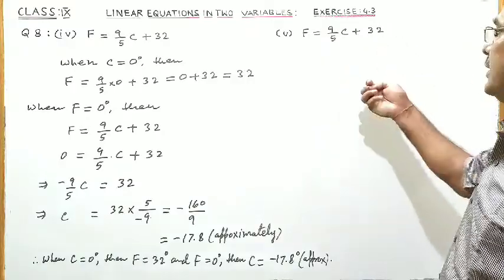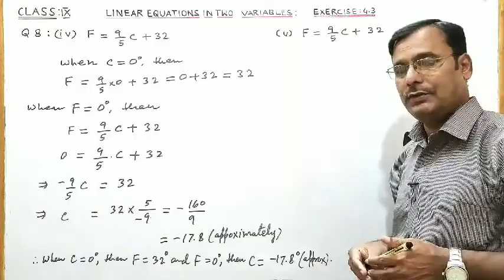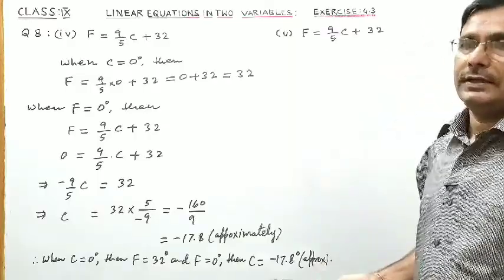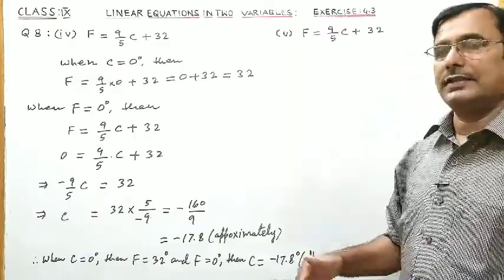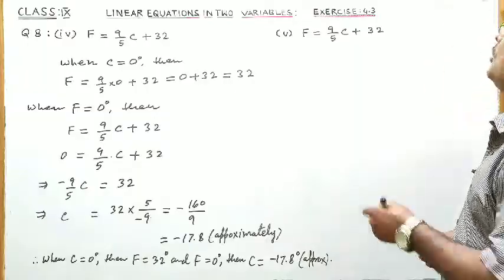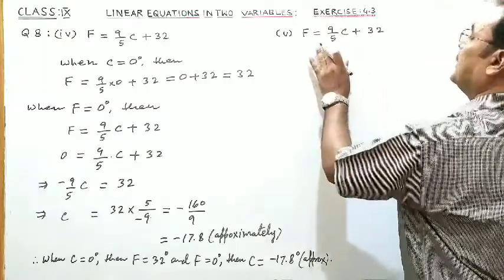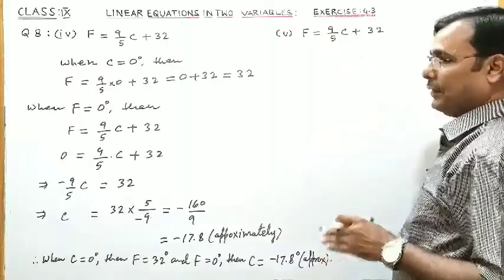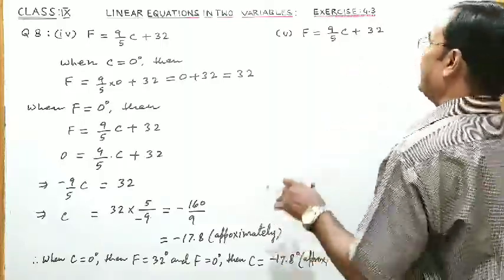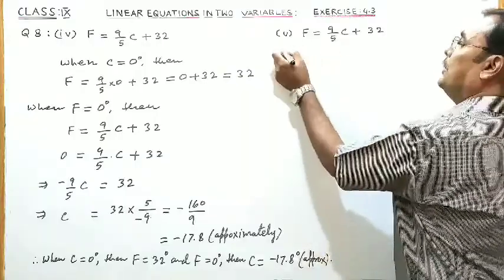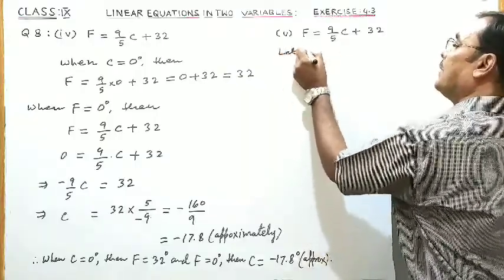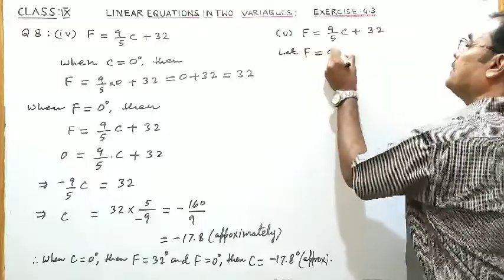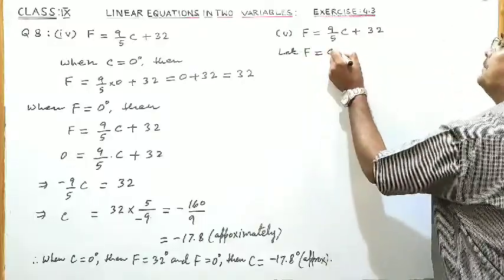This linear equation is given in the question, which converts Fahrenheit to Celsius and Celsius to Fahrenheit. Now we have to find a temperature which is numerically same in Fahrenheit and in Celsius also. So let F is equal to C,